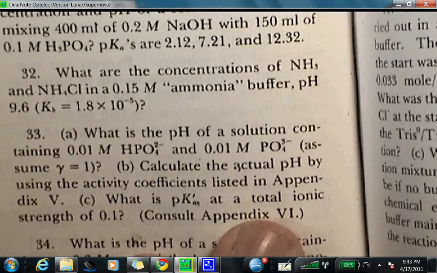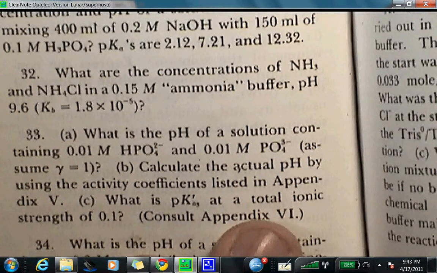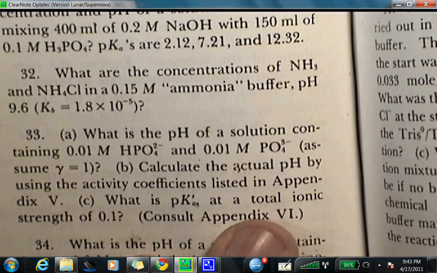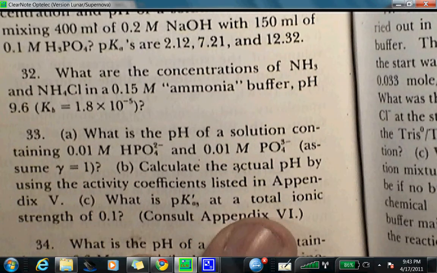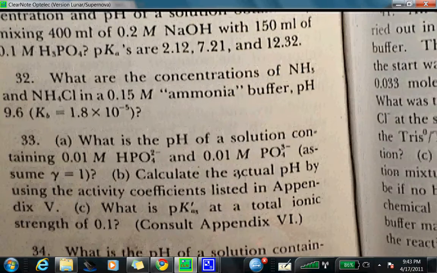And it says, what are the concentrations of NH3 and NH4Cl in a 0.15 molar ammonia buffer, pH of 9.6, Kb of 1.8 times 10 to the negative fifth? So, they gave us the Kb, which is actually exactly what we need. We don't need to do any conversions or anything. But what we do need to do